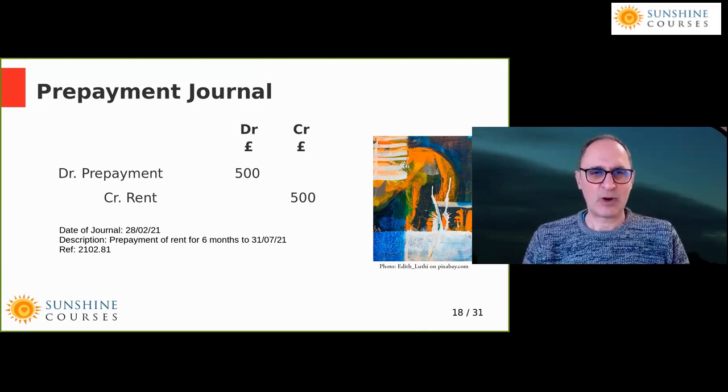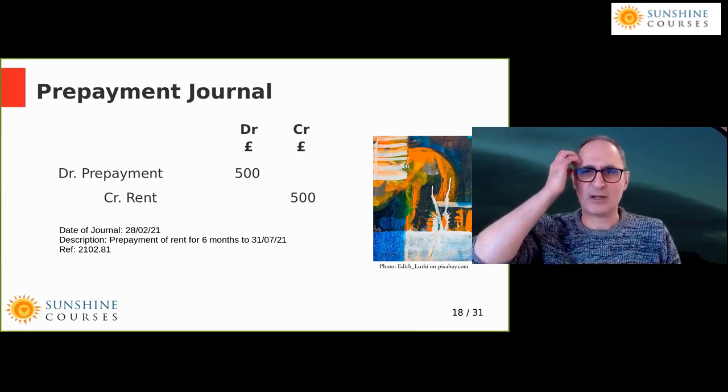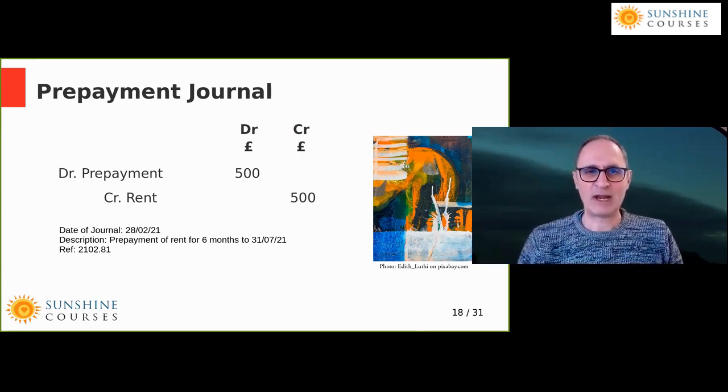Again, don't worry too much about what a journal is, just use this as a template, that if you pay for something ahead of time, when you first record the rent payment, in the month of January, we show rent of £600, let's say, where we show the invoice in trade creditors and we credit creditors £600 and we have £600 debited to rent. This journal will say at the end of January, will reduce that £600 by £500, leaving just £100 in the month of January,